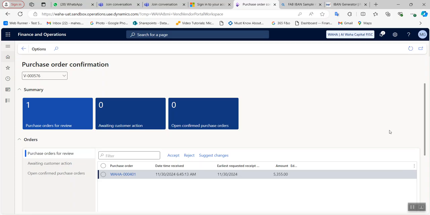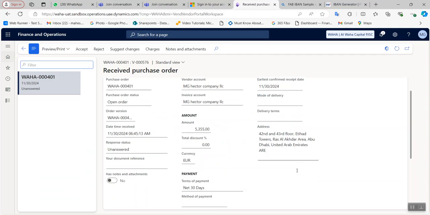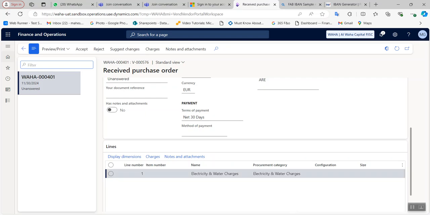You can see here one record has been created, which we need to review. So you will click on this particular purchase order number. This is the information which will open for review. If you scroll down, this is the line information. This is the electricity and water charges, which was requested today, and this is the quantity, and this is the unit price, and this is the